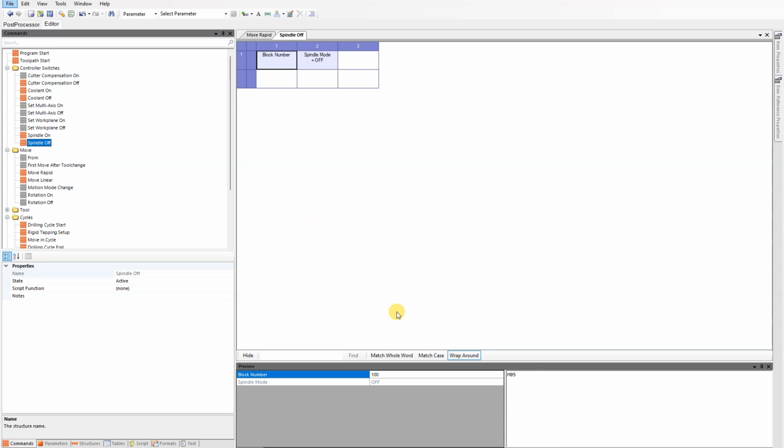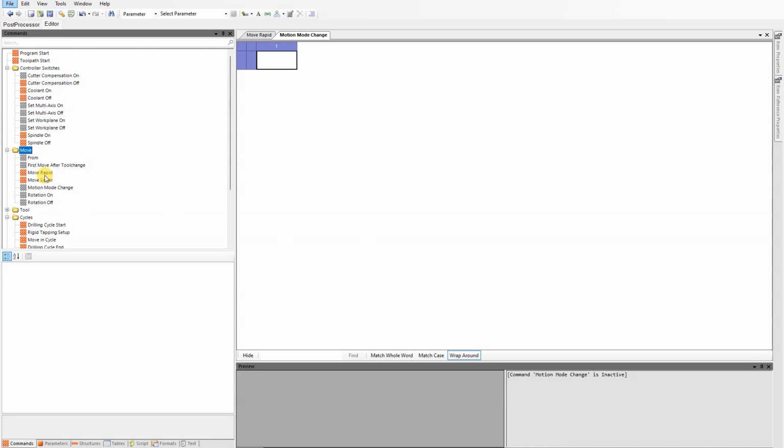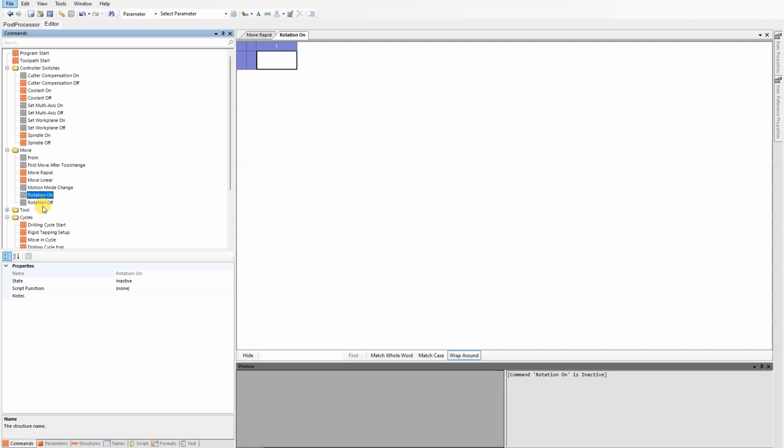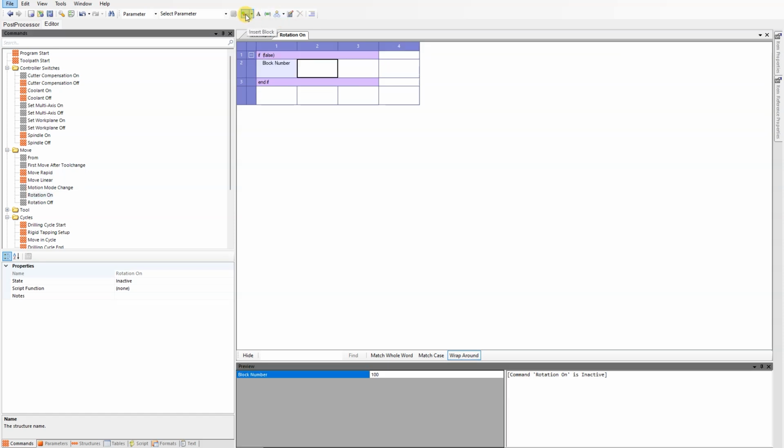Okay, now we go to the moves. So we changed the move rapid with the rotary axis and the move linear also with the rotary axis, and now I want my G93 and G94. So the inverse time activation, deactivation. This can be done with the rotation on and rotation off. So for rotation on, insert the condition, the block